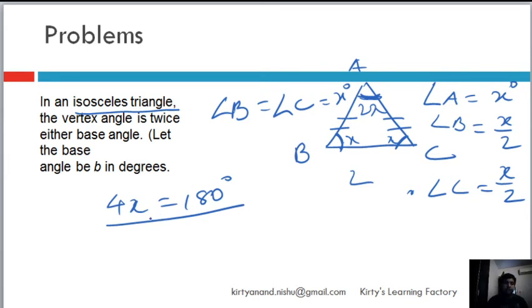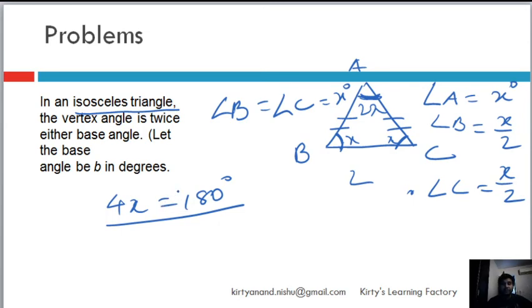So when you solve a problem, you have to be really open in your head and think about what assumption of x, or what variable, will basically make my equation simpler. This is a far simpler equation to solve as compared to x/2 plus x/2 plus x. This is also simple, but this is even more simple, right?